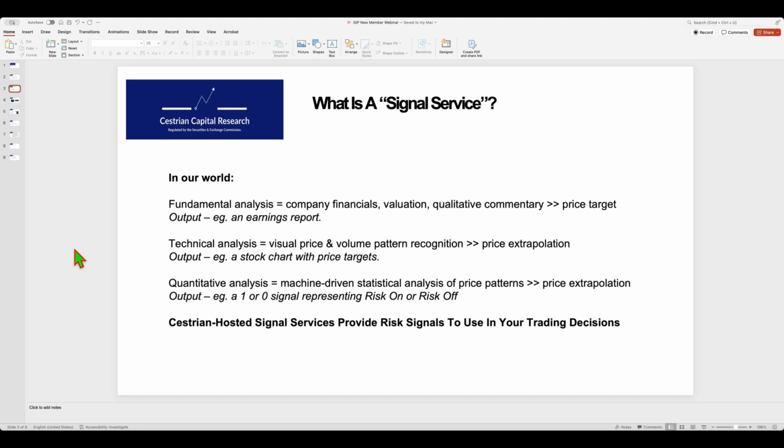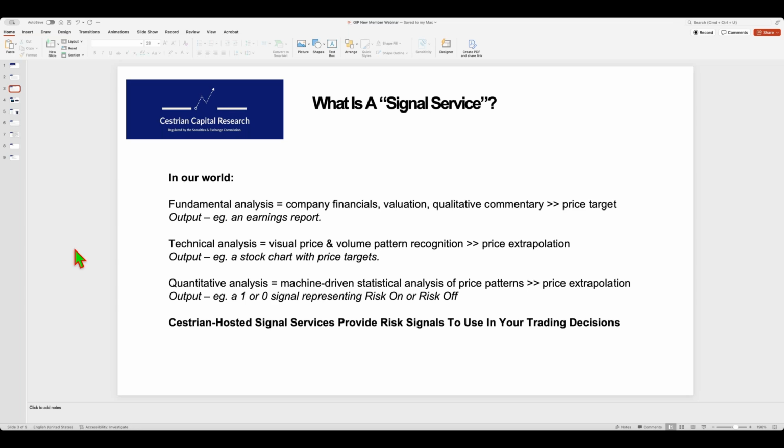Now, the signal services, I'm going to talk you through in a moment. What's the output? Well, in all of them, they output a pretty simple thing, a 1 or a 0. And I'll walk you through a couple of the services in a moment. But a 1 represents risk on, and a 0 represents risk off. And again, that's quite an abstract concept, just stated like that. So I'm going to explain what we mean by that